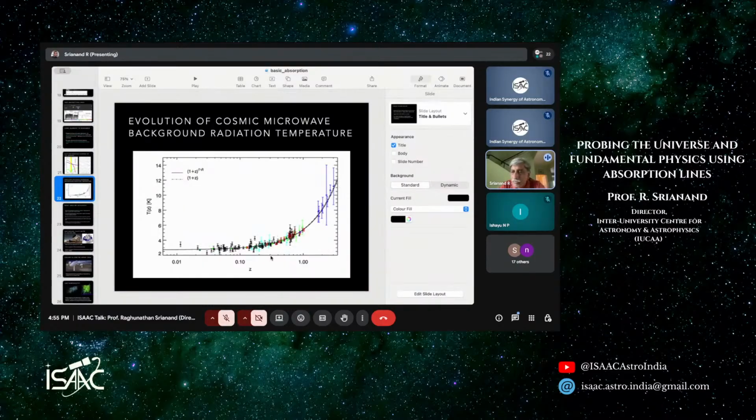So what we are saying is, if you look at an absorption line happening at some redshift, say 3, and I make a conjecture that I am going to sit there and look at the universe around me, what temperature would I have found? I would have found a temperature which is 4 times that of the temperature I am finding today. So now the question is, can I measure this temperature? How do I measure this temperature?